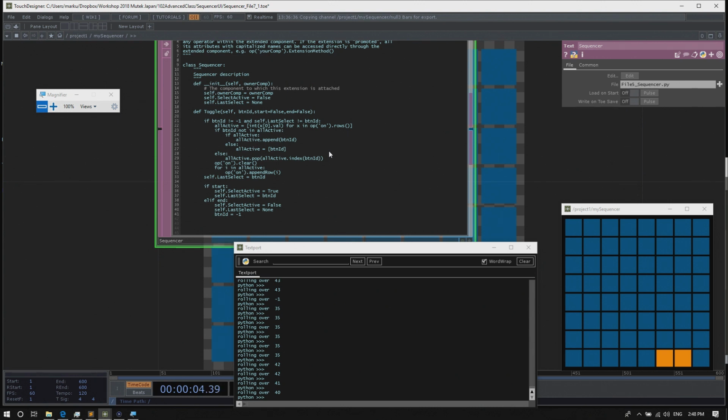And what this extension does, it has one single function called toggle. And this toggle function takes care of filling in the instance IDs in the table that we created. It's referenced here as an operator called on. So we should rename the table DAT that we created to on. That's probably the first step.